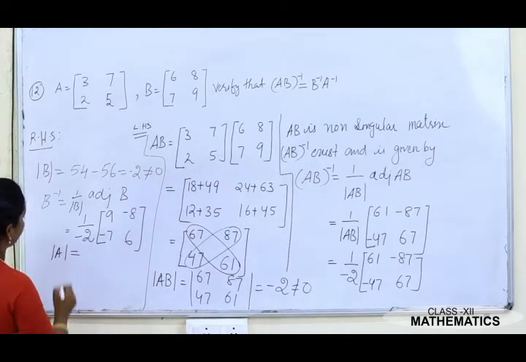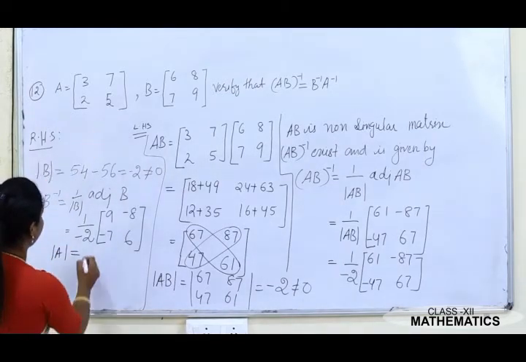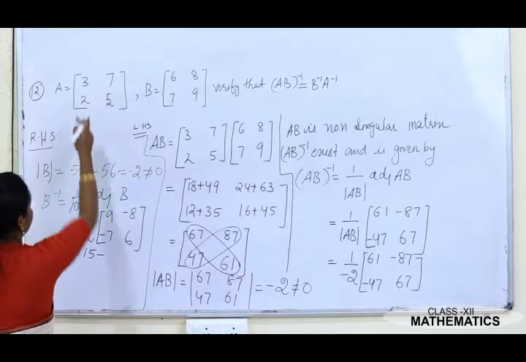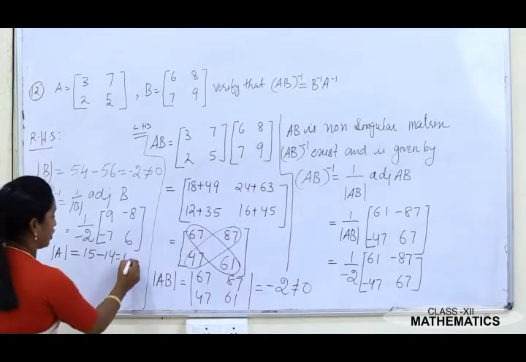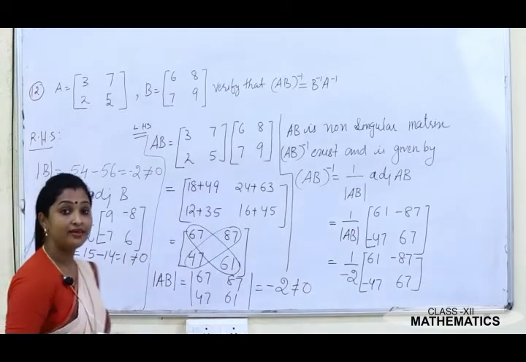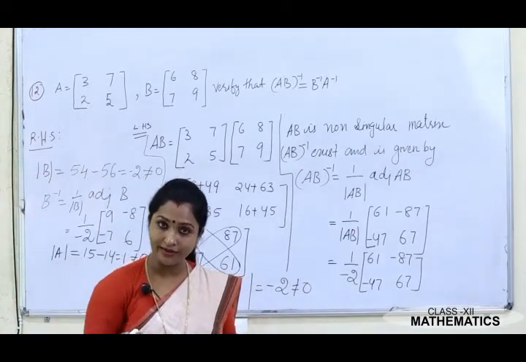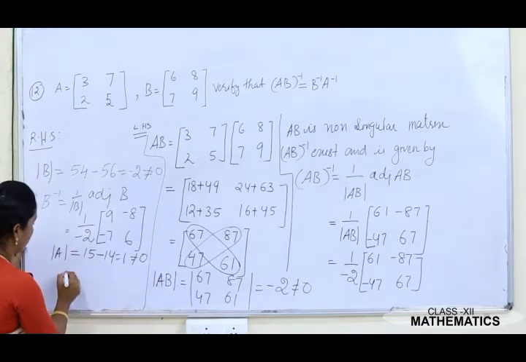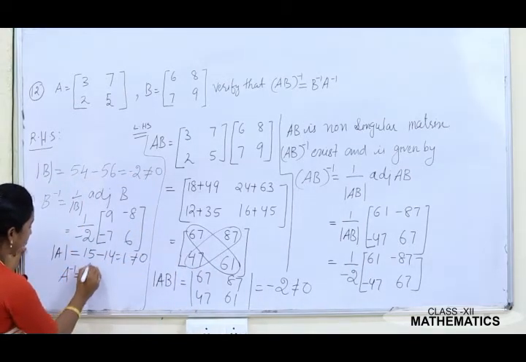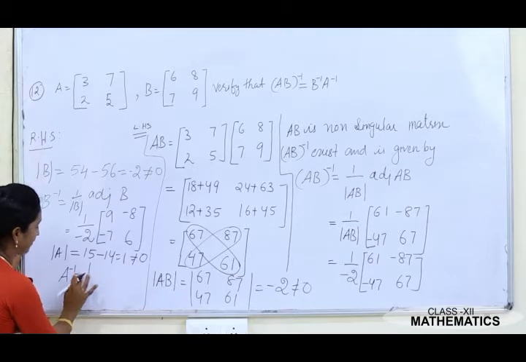तो determinant of A आपको क्या मिलेगा? 15 minus 7 2 14, that is 1. ठीक है? Not equal to 0. That means A is non-singular and its inverse exists. Okay? तो inverse जब exist होगा तो हम again formula लगाएंगे. 1 by determinant A मतलब ये 1 है, इसको लिखने की जरूरत ही नहीं है यहाँ पे.